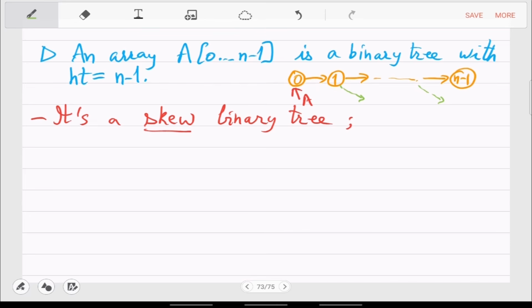Such instantiations of tree are called skewed because they are not using the 2 options which are available, because at every node, one child is missing.